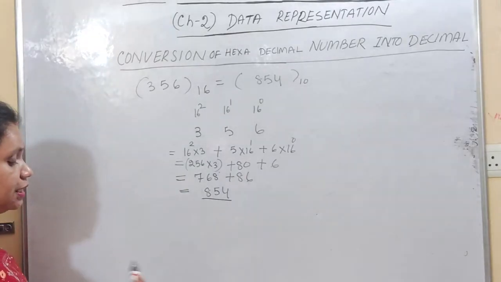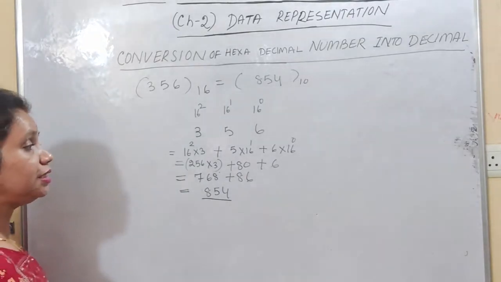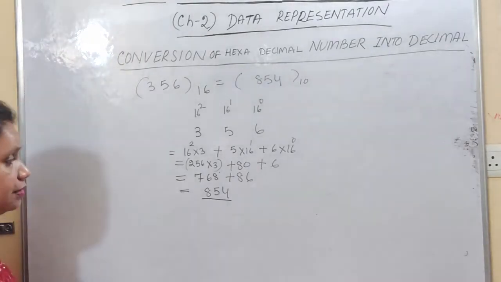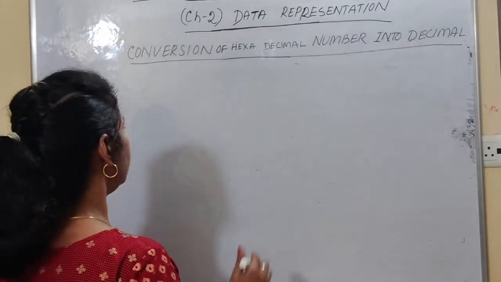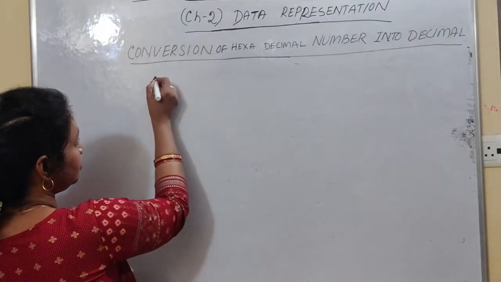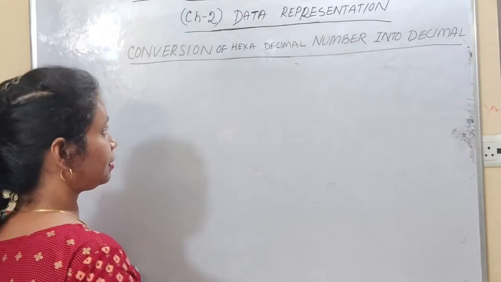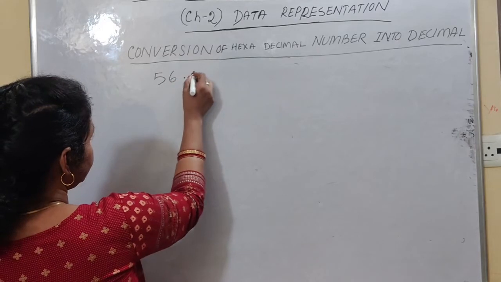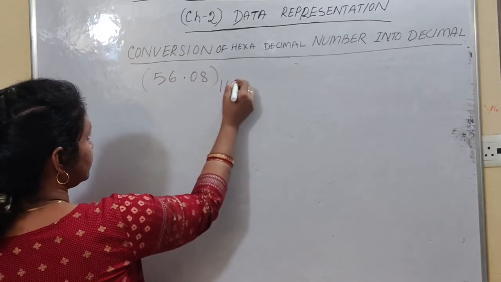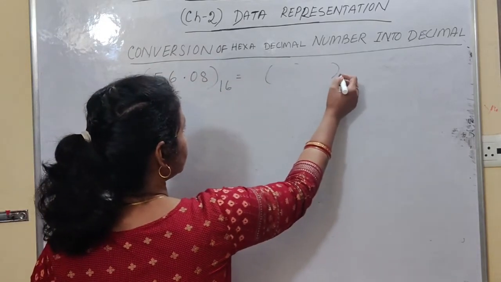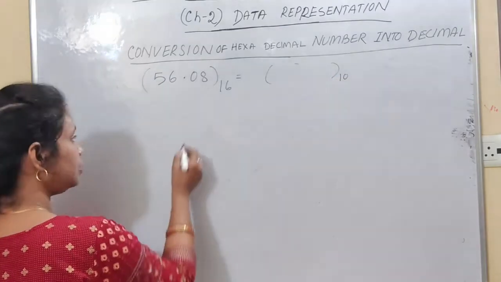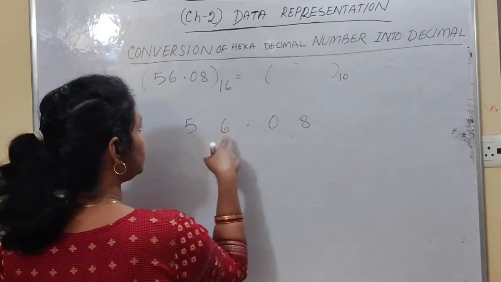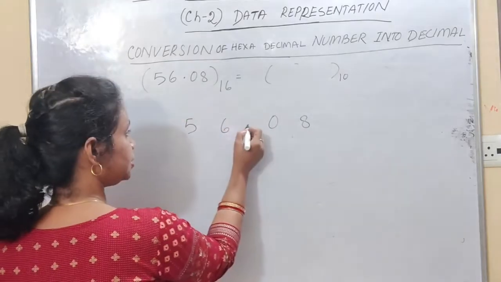Now, the second question is, if your hexadecimal number is in fractional form, then how will you convert it into its equivalent decimal? So let us do the same. Now students, if we convert our hexadecimal number, but if it is a fractional number, then how will you convert? Suppose 56.08, this is your hexadecimal number. Now how can you convert this hexadecimal number into its equivalent decimal? So here the same thing students, just write this number and after that mention the positional value of this hexadecimal number system. This is your decimal point.